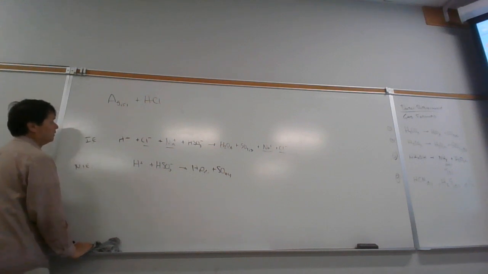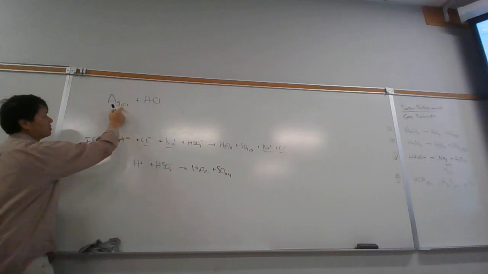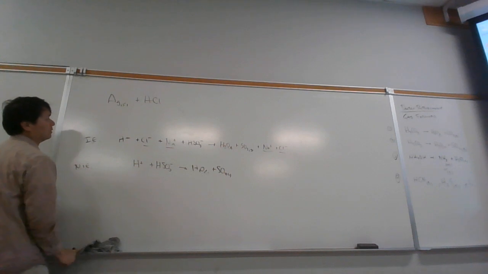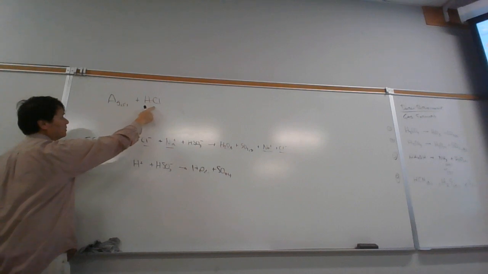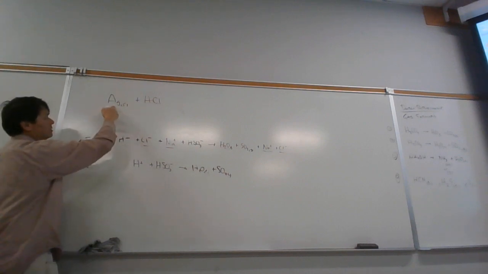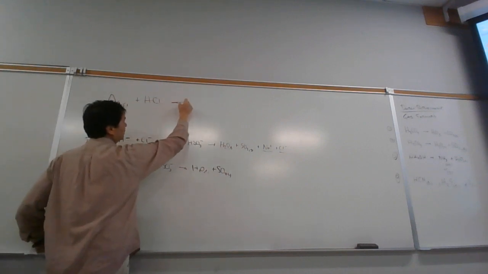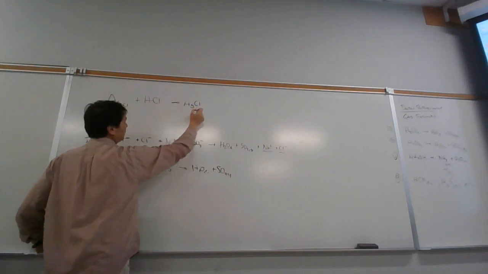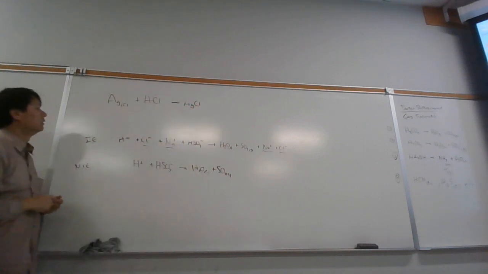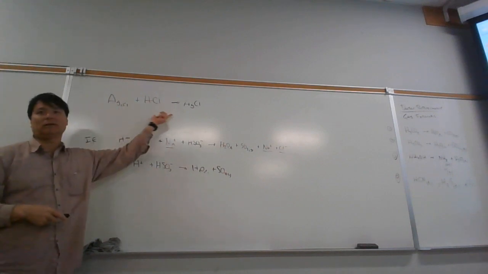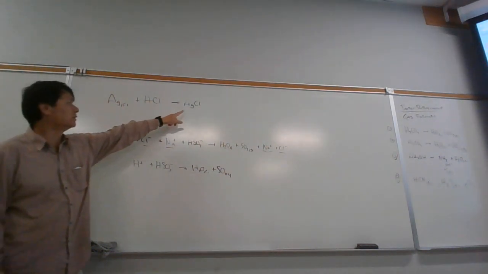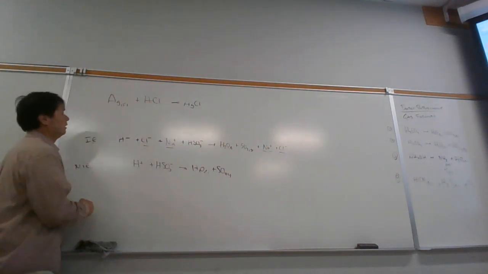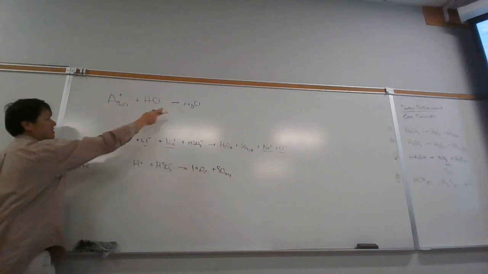If it were reversed, like hydrochloric acid plus silver solid, I just flip it so I get it in the A plus BX pattern. This is going to give us AX. So A is silver, X is chloride, so we'll have silver chloride. But this silver is different than this silver here. How so? These two silvers aren't the same, because this is silver metal, and this is silver ion. A lot of people are tempted to write silver ion here because it's silver ion over there, but